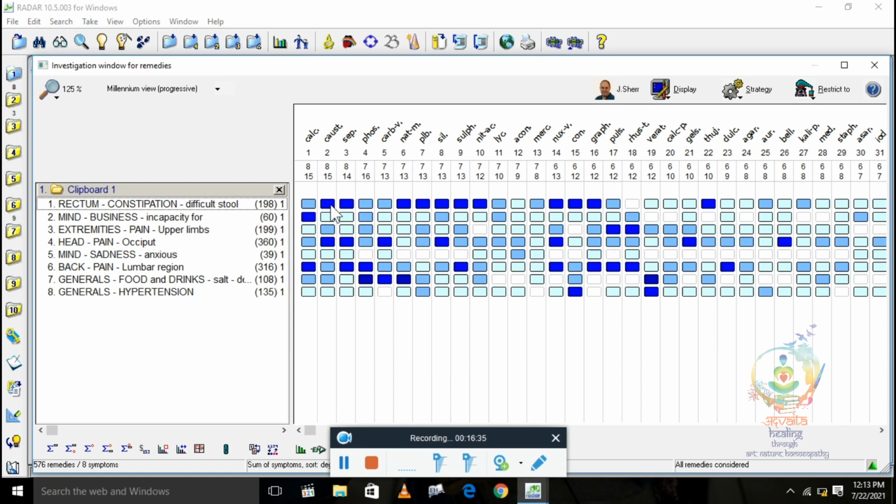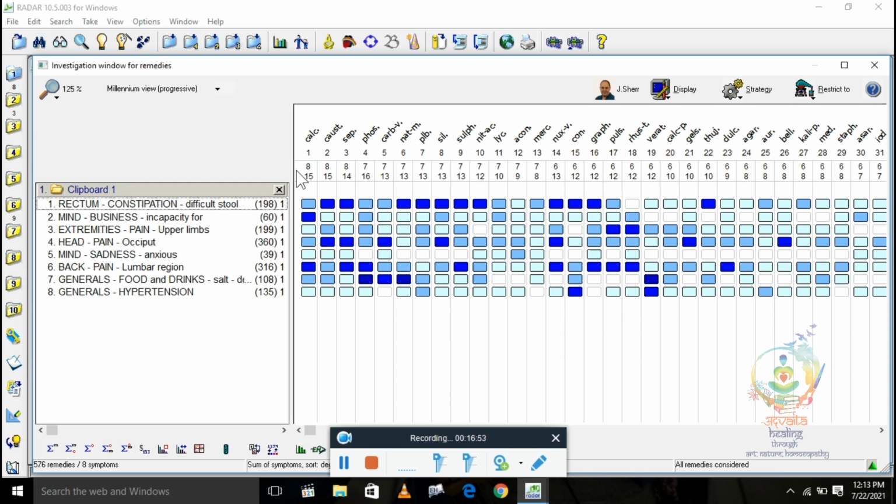Like this one is covering 3 mark, 2 mark, like that. Okay, so this is about recording rubrics and analysis.